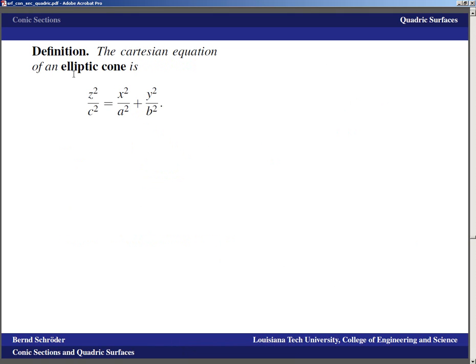We have the Cartesian equation of an elliptic cone. That is what sometimes people also call, no, that is not a degenerate quadric surface. That is just a very special case, and that is z squared over c squared equals x squared over a squared plus y squared over b squared. Well, we know z squared equals x squared plus y squared. That is a cone, so it shouldn't be too surprising that something like that is just a distorted cone, because basically once we were to move the c squared over to the right side, we see this would be z